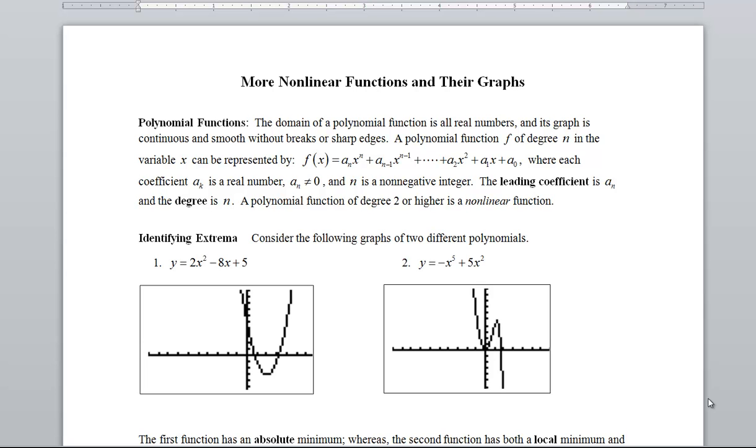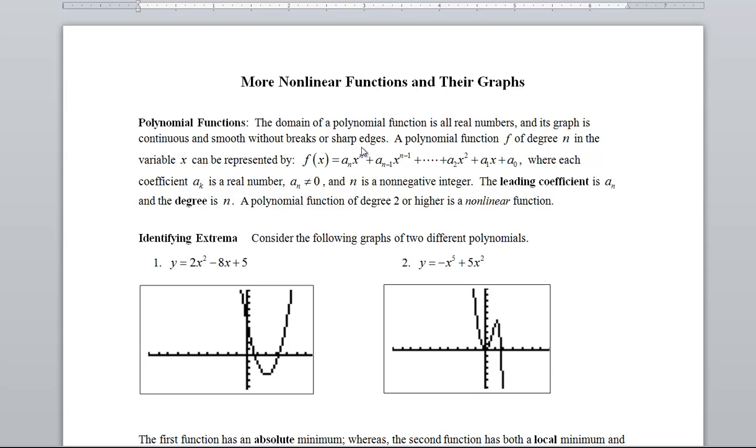More nonlinear functions and their graphs. We just finished quadratics, and quadratics are nonlinear functions, but we have more. So let's get going on this. It says the domain of a polynomial function is all real numbers, and its graph is continuous and smooth without